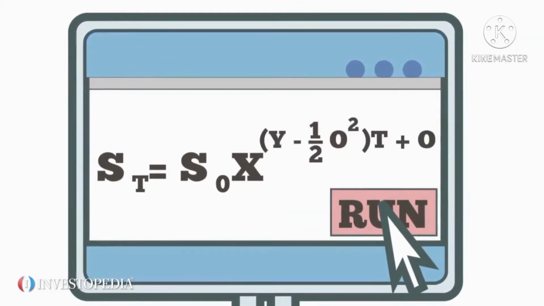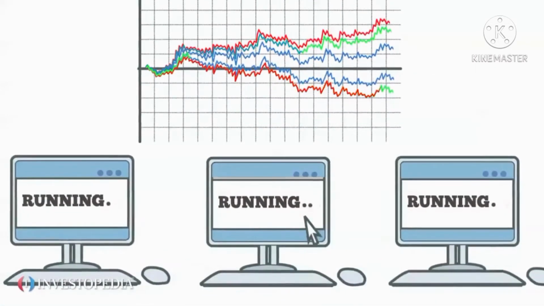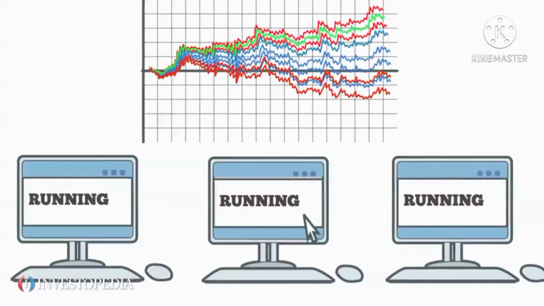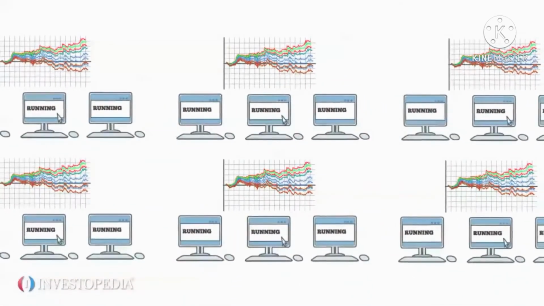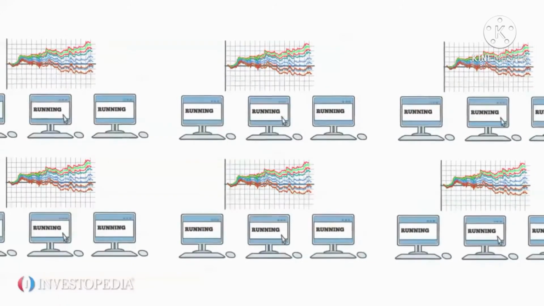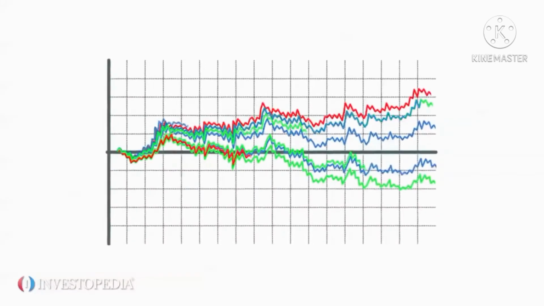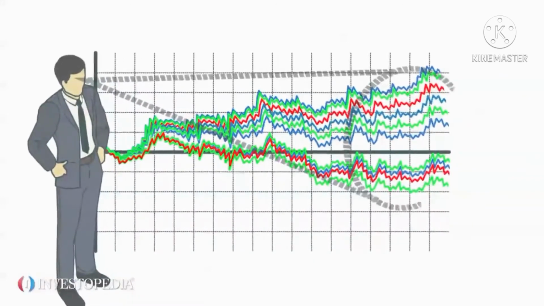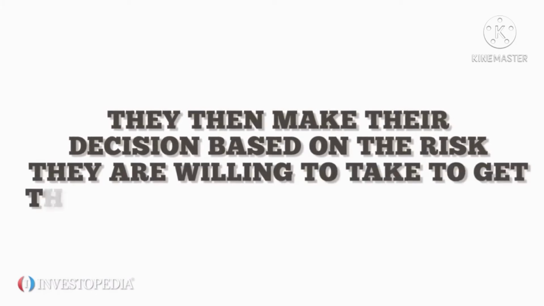Then the simulation is run for any uncertain aspects of that model. Different random variables are put into these uncertain parts of the model until there are enough outcomes to plot on a probability distribution curve. This is usually done on computers because the Monte Carlo simulation can be run tens of thousands of times in order to cover all possible outcomes. Based on the shape of the probability distribution curve created by the Monte Carlo simulation, decision makers will know where their ultimate decision falls within the various probabilities. They then make their decision based on the risk they are willing to take to get the outcome they want or need.